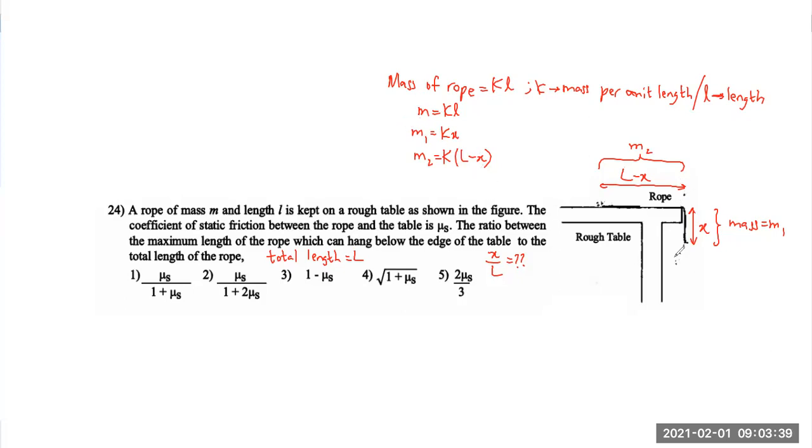Now, working with this diagram is very inconvenient for me, so I will change this diagram a bit like this. You can see if you can compare that diagram to this. I hope you will get the connection. Let's consider the parts of the ropes as just normal masses, because that's what we are used to doing all this time. So let's compare it as a simple case. Instead of M2, the part of the rope which is on the table, let's think of it as a mass on the